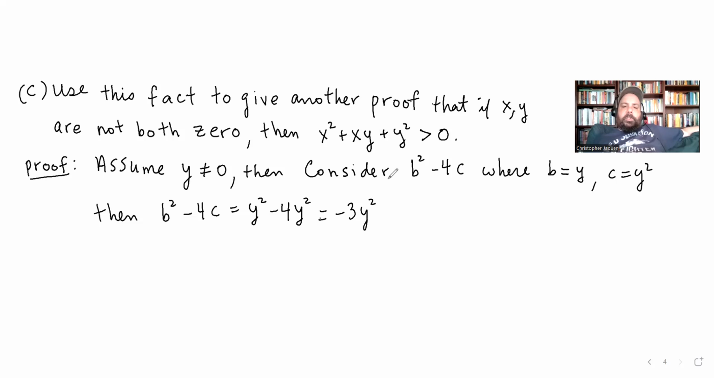Okay, and because the square of a non-zero real number is always positive, and we're multiplying a positive by a negative, this is negative. So that means that the polynomial is always strictly greater than 0 by part 2. So therefore, or was it part B, therefore